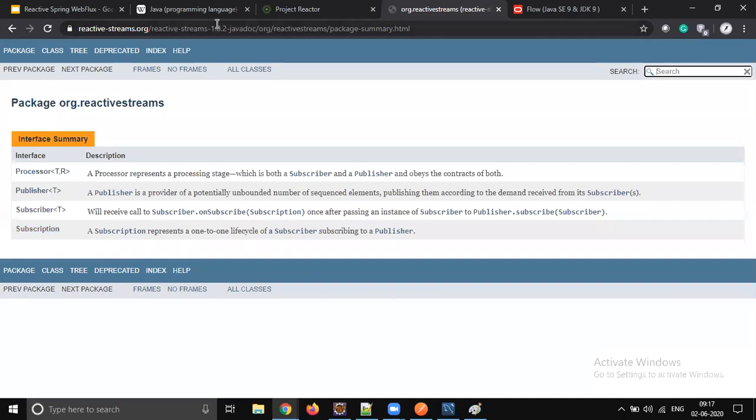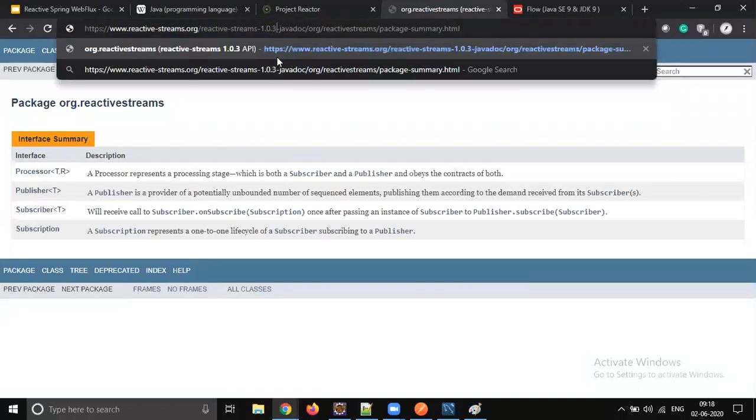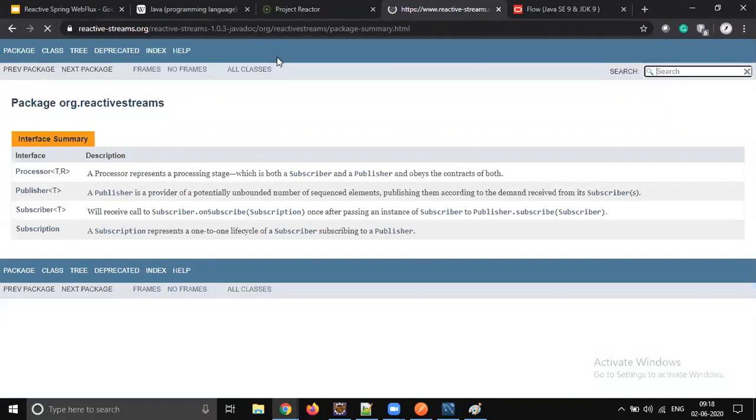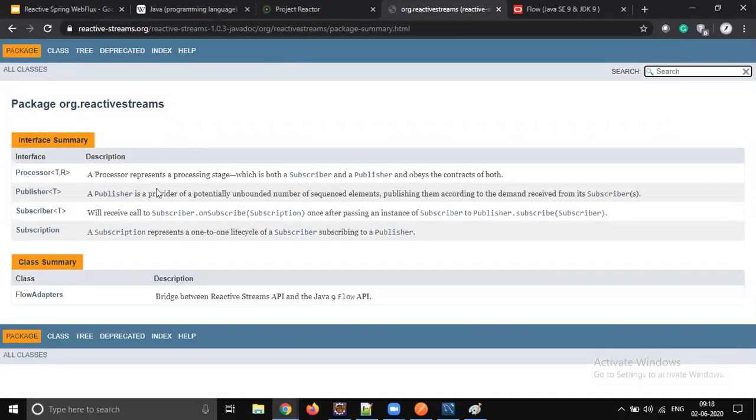So 1.0.2 is going to work fine with JDK 1.8. If you use 1.0.3, then we need JDK 1.9.